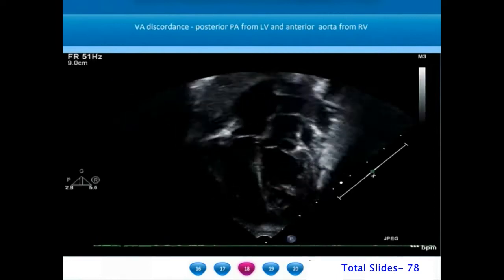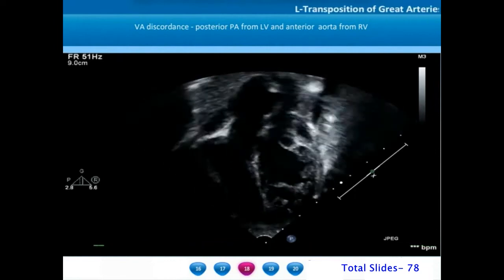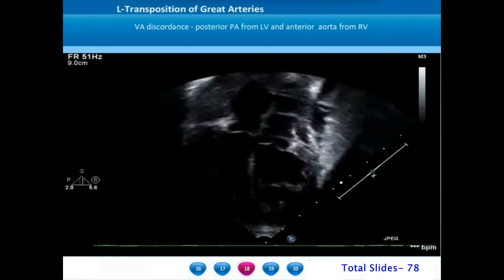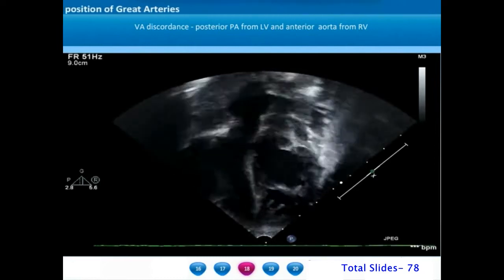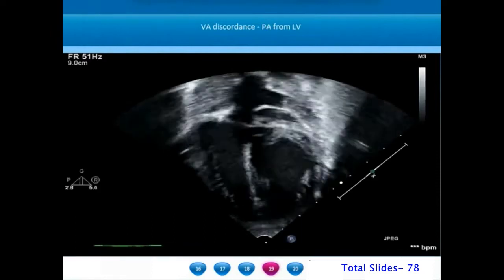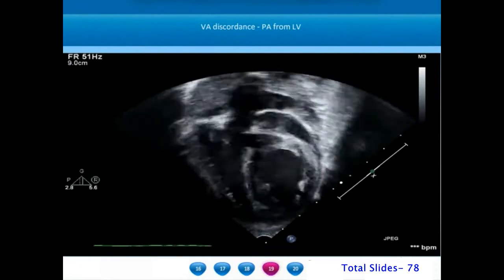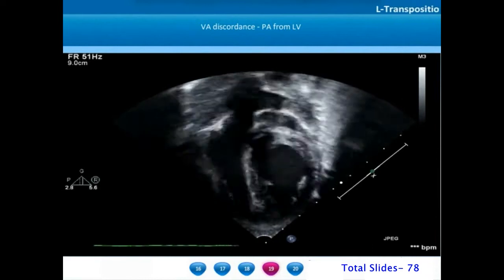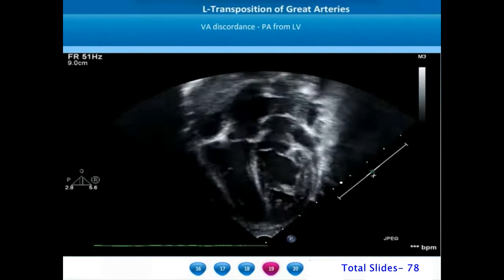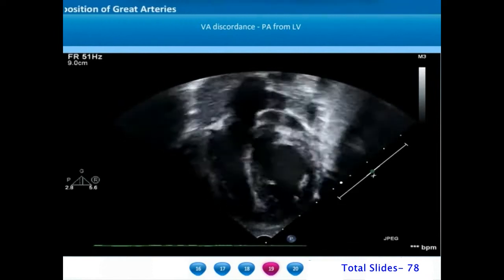Because of ventriculo-arterial discordance in corrected transposition of great arteries, the posterior pulmonary artery arises from the left ventricle and the anterior aorta arises from the right ventricle. The posterior great artery that arises from the morphological left ventricle has a bifurcation into right and left pulmonary artery, and this indicates that